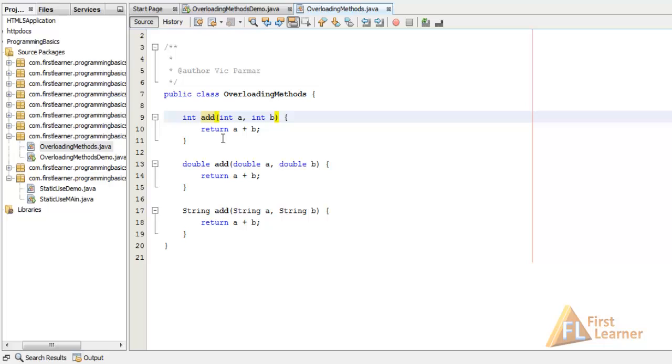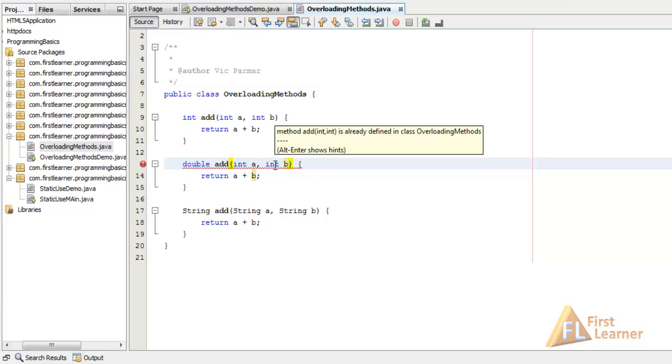It is dependent on the number of parameters we have, or the type of parameters, not on the return type, what it returns. So if we copy the parameter type, that is we have two int values, to a double, let's say we have this, so this will give an error. Here it is giving an error: method add int comma int is already defined in class overloading methods,